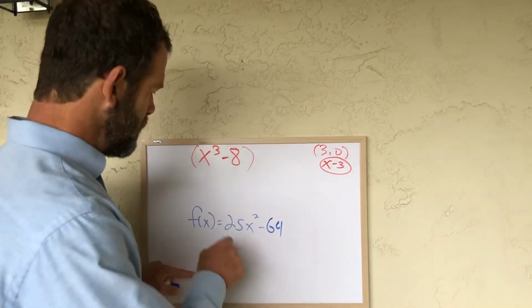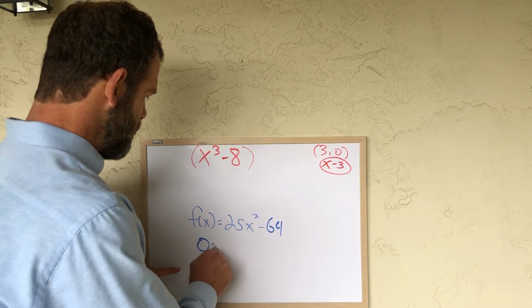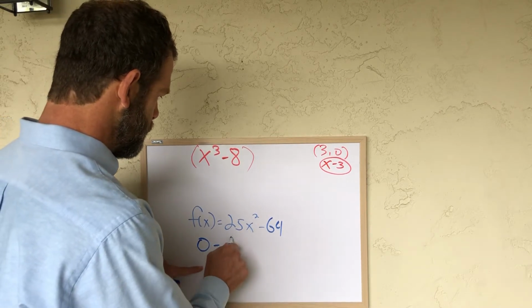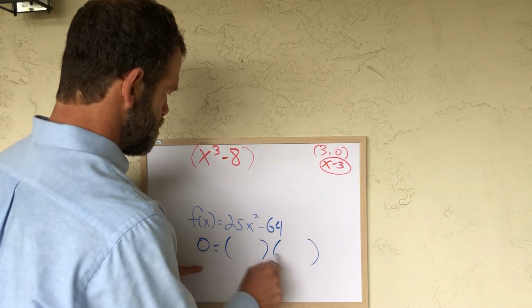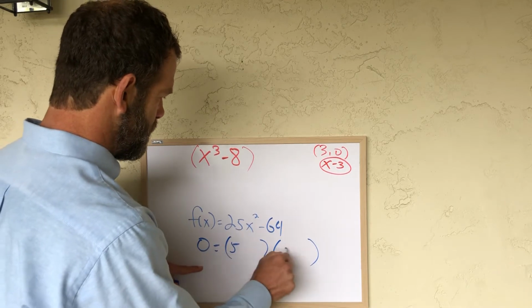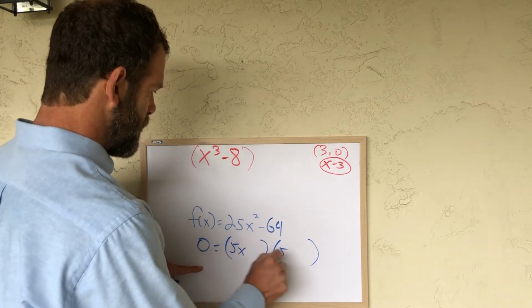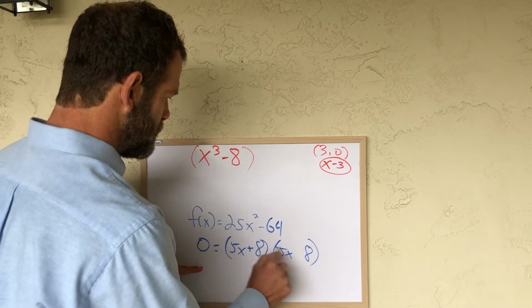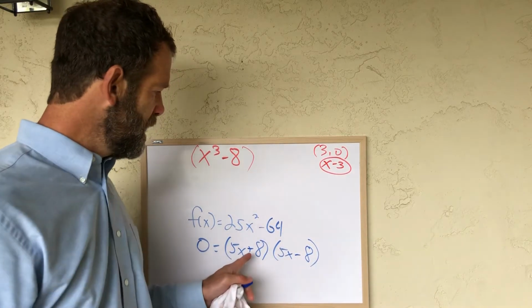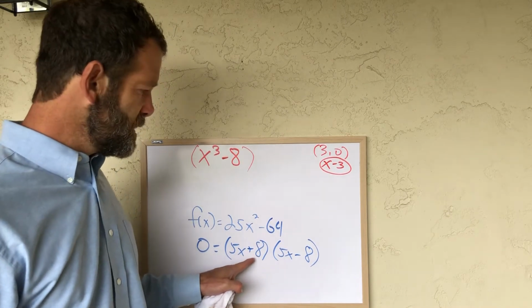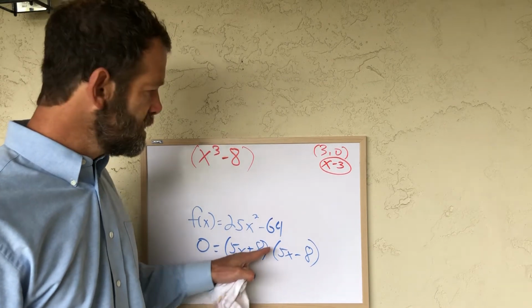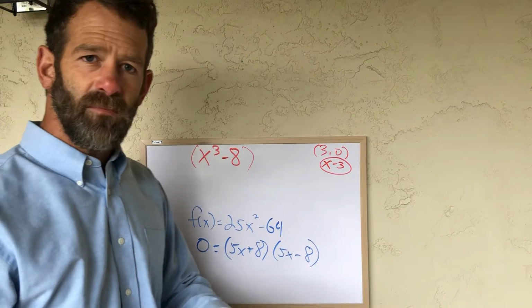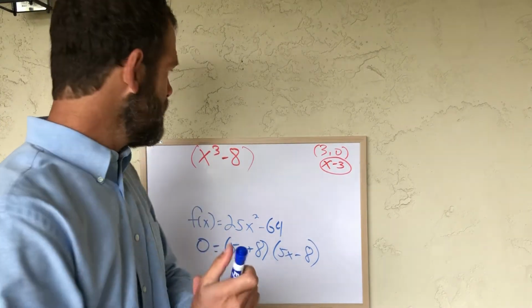Well, when you're factoring, you always set your y, your function value, equal to 0. Square root of 25, square root of x squared, square root of 64. One's a positive, one's a negative. So your roots would be, if you set this equal to 0, it would be negative 8/5, positive 8/5. That's easy when you have a difference of squares. Now,